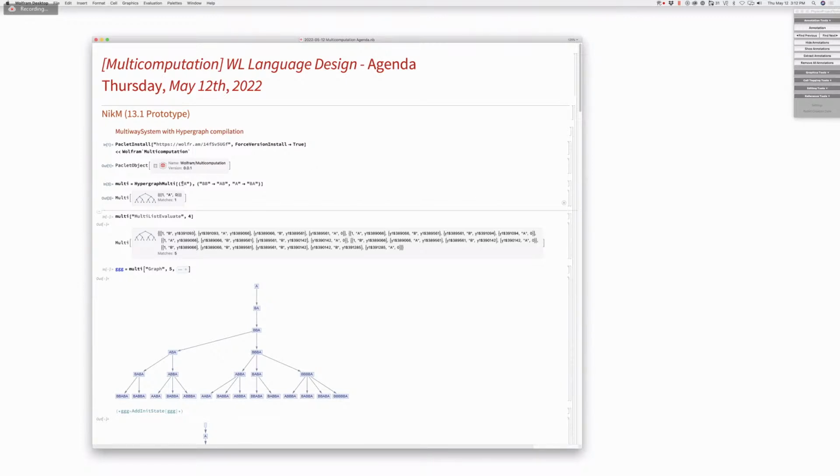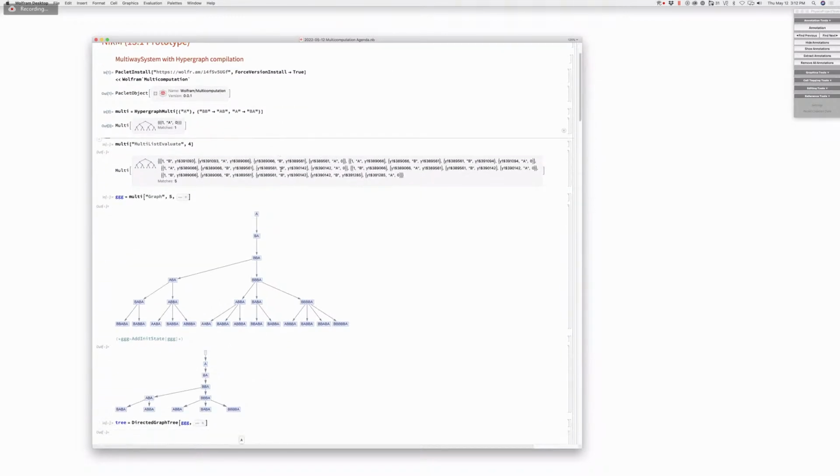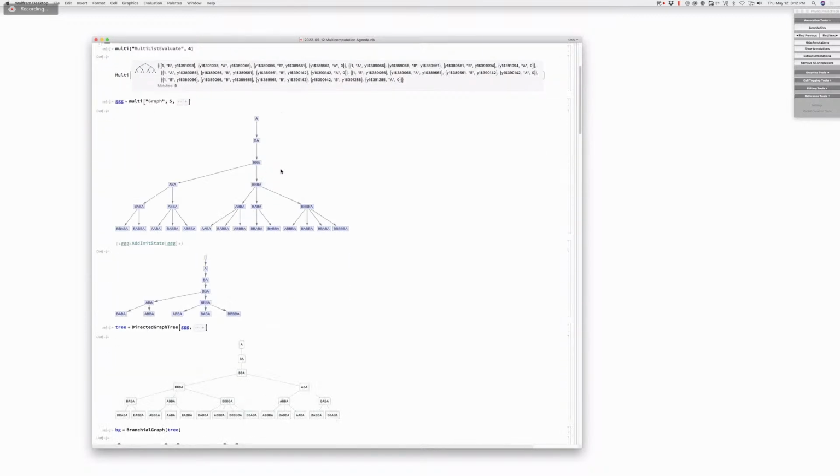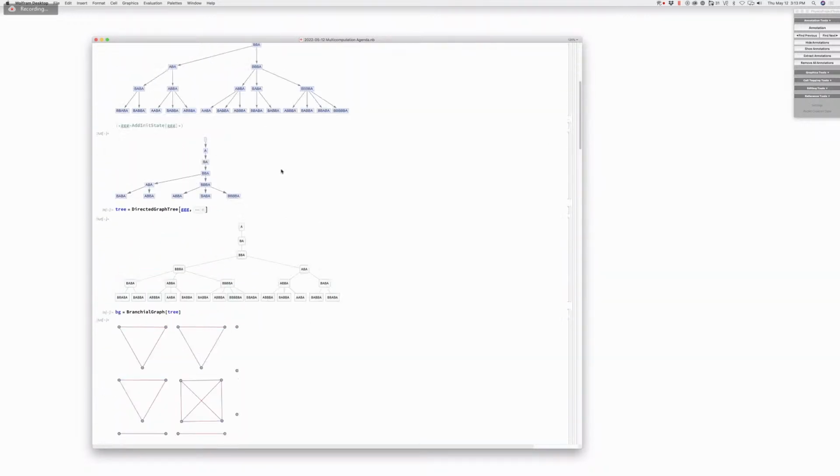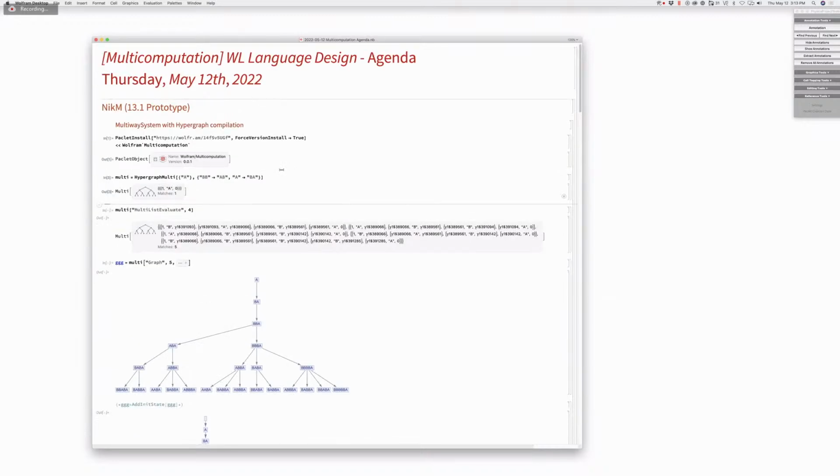So let's start off. So this is hypergraph multi. Okay. So this is the state and this is the rules. Is that right? Yeah. So the plan today, I think, is mostly to revisit multi-way system with some fresh perspective on it. The first idea is just why not compile everything into hypergraphs, because it makes it much easier to draw some causality from it. It's an interesting idea. Okay, we thought we had tree-like expressions, but actually we have hypergraphs. Is that your basic claim?